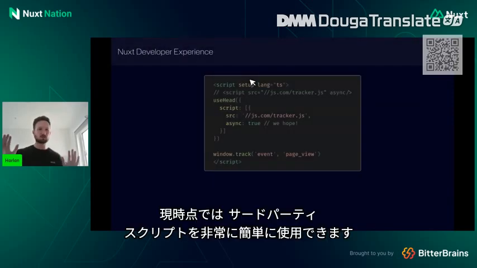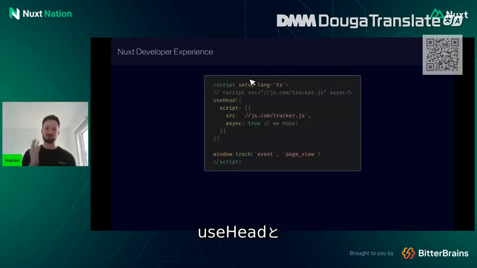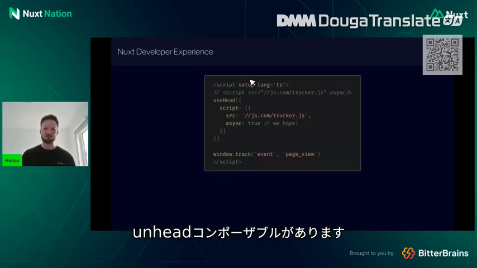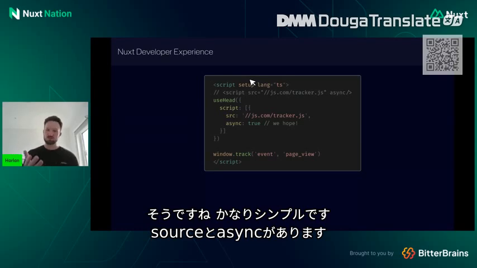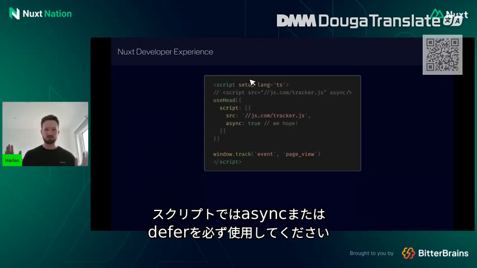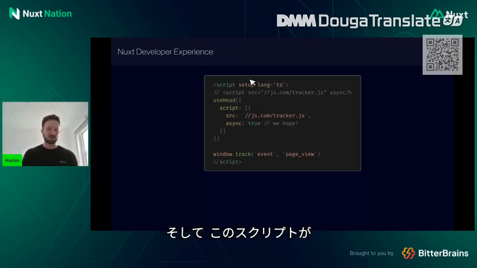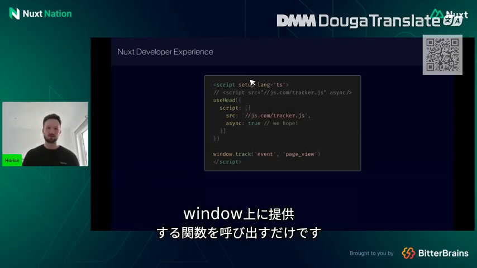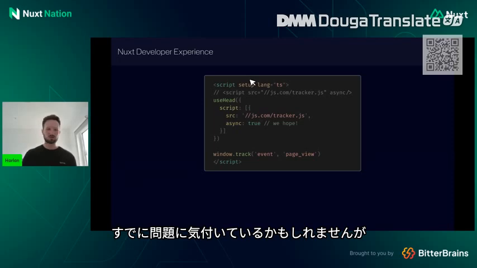So yeah, look, we can use third-party scripts quite easily at the moment. We have useHead, the unhead composable, and yeah, quite simple, right? We have our source and we have async. Please make sure you're using async or defer in your scripts. And yeah, we're just going to call a function that this script is going to provide on the window. So you might have spotted the issue already, but